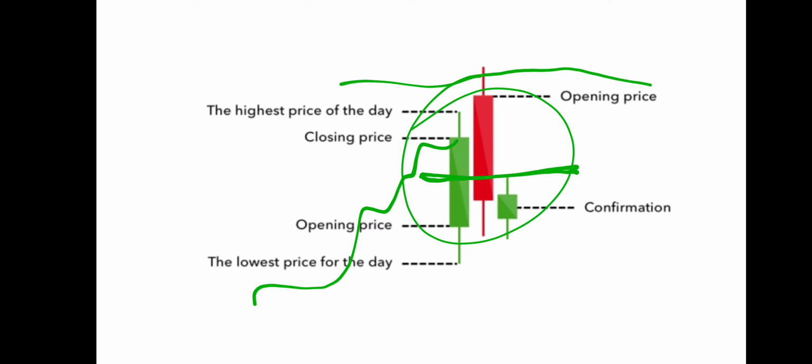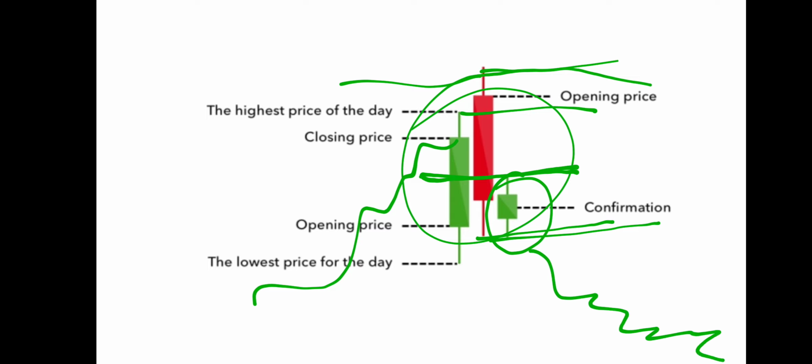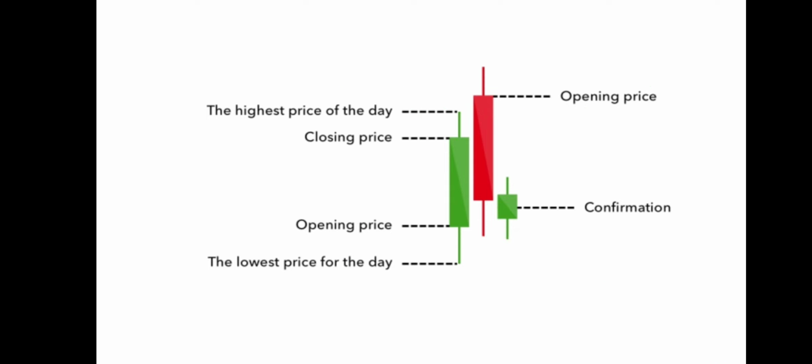This is a confirmation. When another candle is formed below this candle, this is a confirmation. You can enter this trade here and put your stop loss here, and you will get a huge downfall here. And this is how we can use this type of chart pattern. I also tell you where you have to take entry and where to take stop loss and how you will get the profit.